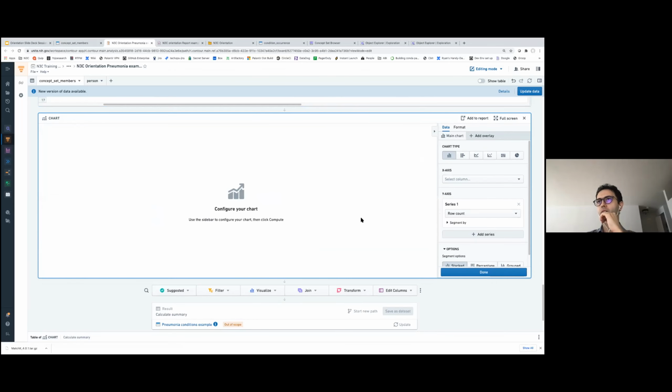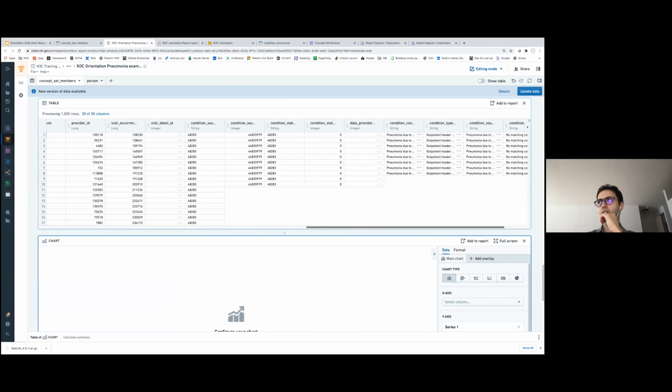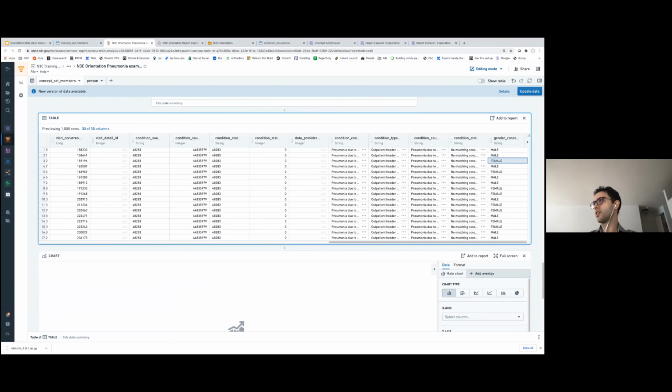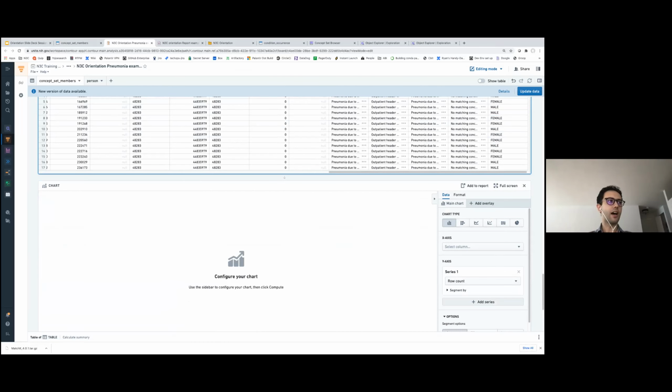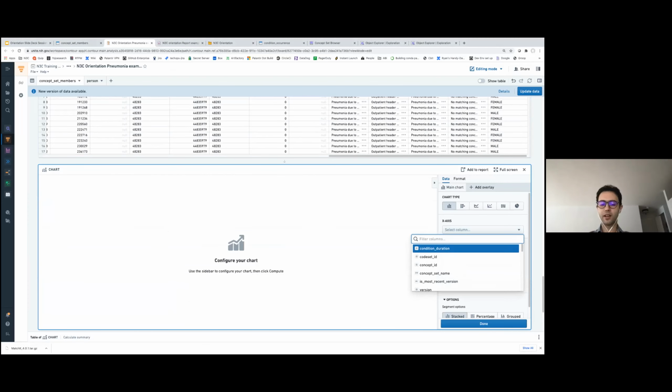So let's see here. The gender column has been added to my existing data sets. So let's say I want to look at, again, the distribution of patients, but broken down by gender.